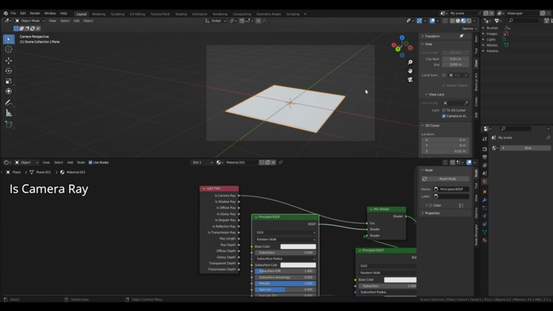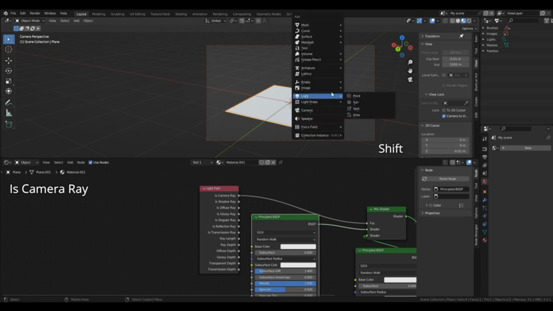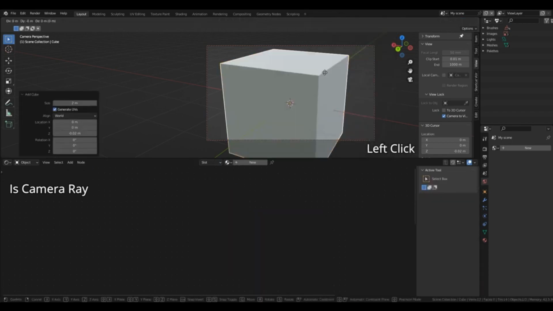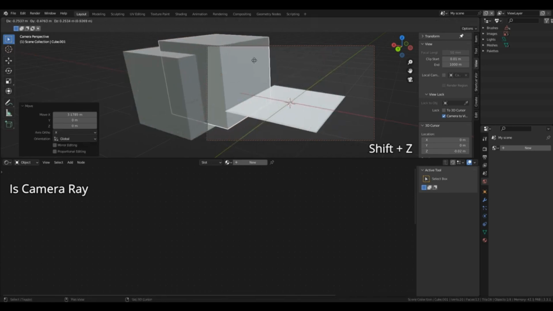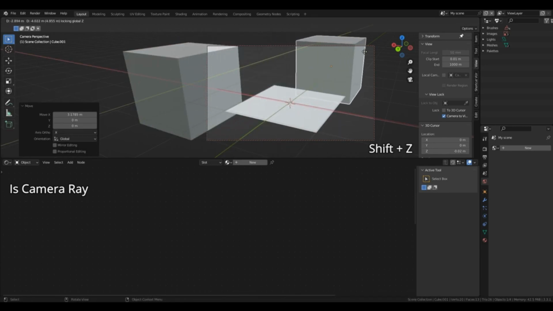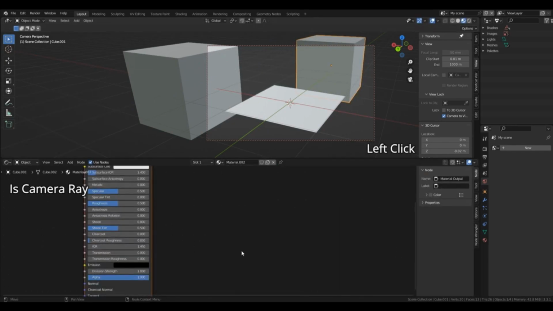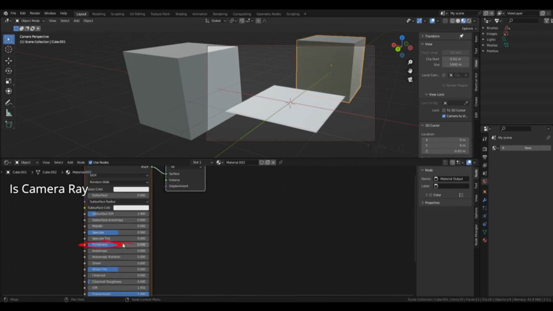So what would be an example of something indirect in the scene? Well, to do that I'm going to need to set up a few more elements. So I'll press Shift and A, and I'm going to create a cube, G and X to move it. I'll press Shift and D, and I'll press Shift Z to move it on the X and Y axis, and I'll put it there. Then I'm going to press plus New, and I'm going to create this as a glass texture. So I'll turn my transmission to 1, roughness to 0, then I'm going to left click the other one,